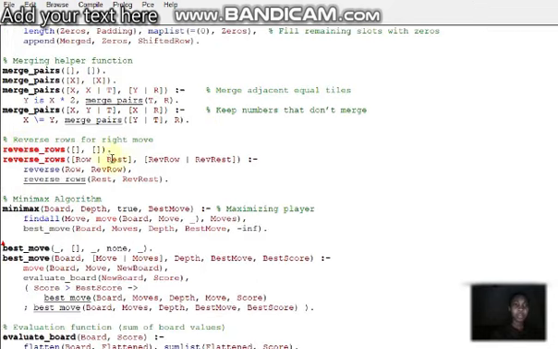Now we are moving on to the next predicate, reverse rows for right move. This predicate reverses the rows of the board, which is useful for implementing right moves. It reverses each row and recursively processes the rest of the board. Then moving on to the next predicate,